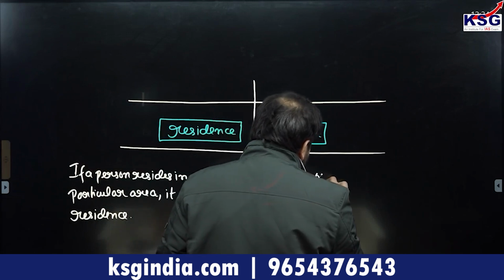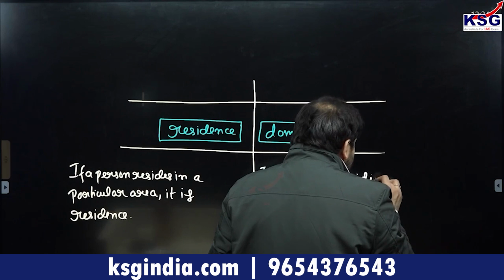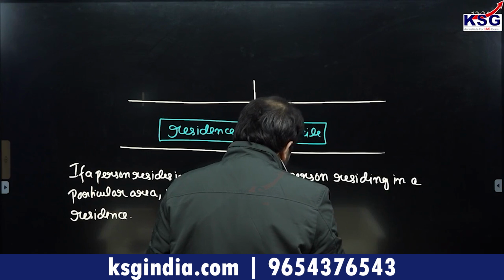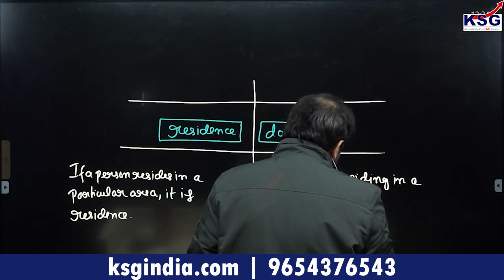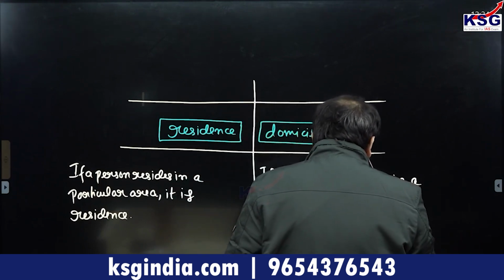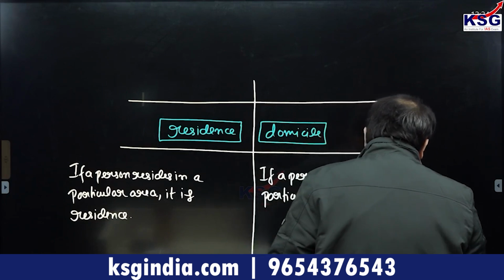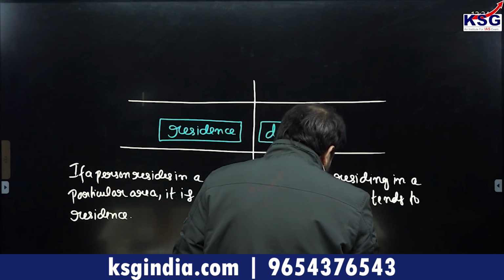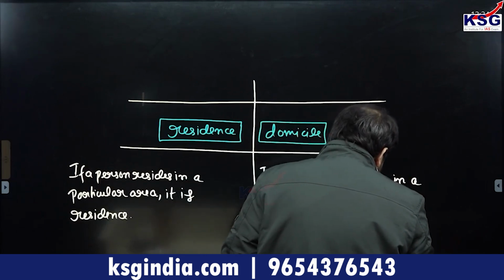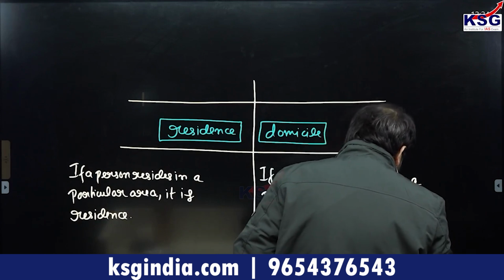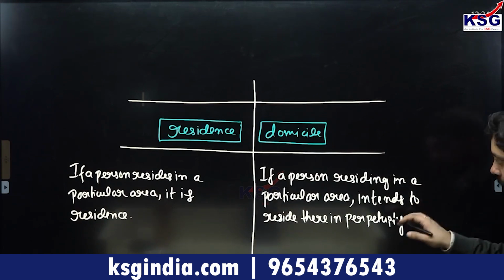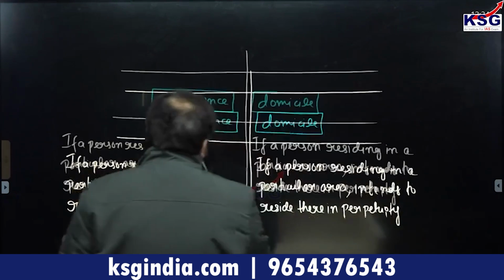If a person residing in a particular area intends to reside there in perpetuity. Okay, do you get the point? If a person residing in a particular area intends to reside there in perpetuity, then this is what is known as a